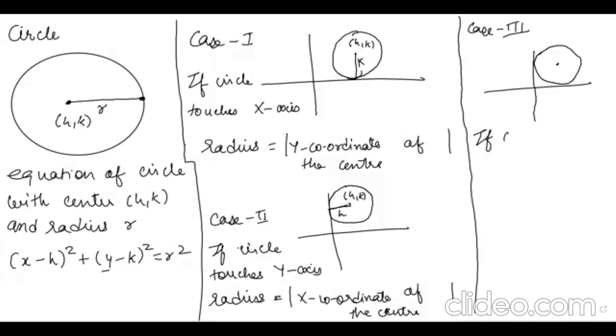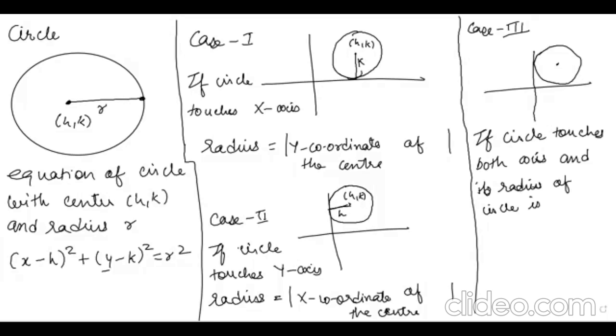If the circle touches both the axes, and you know the radius of the circle is r, then the center will be